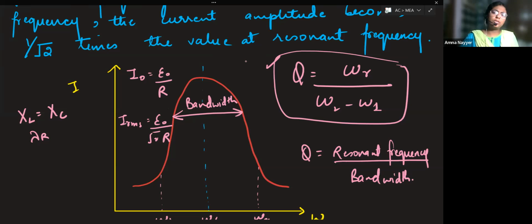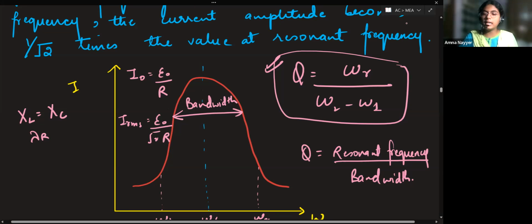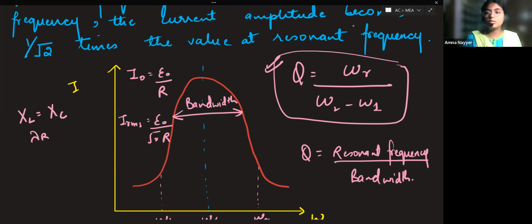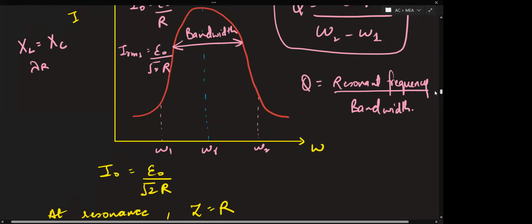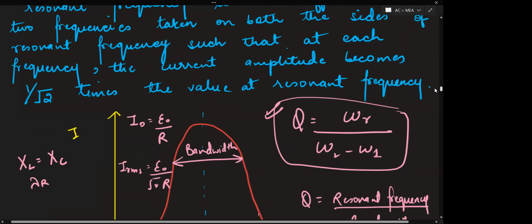One more formula of Q we have, but that has a long derivation that we'll see later on. Right now, just note this down. Q factor measures how sharp the circuit is. How can you write it? Take the resonant frequency divided by the difference of the frequencies, and simply like this you will get the value of the Q factor. Understood till here or not? Yes, ma'am. Good. From here we'll do a derivation.